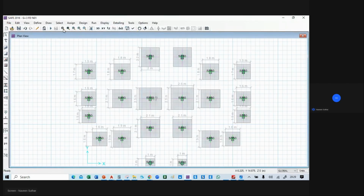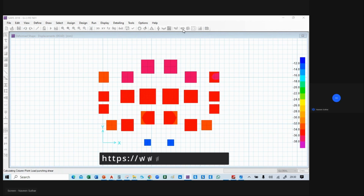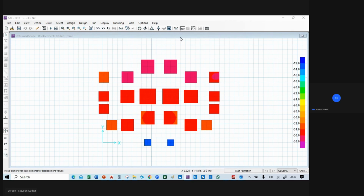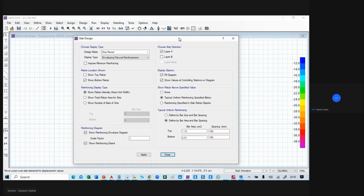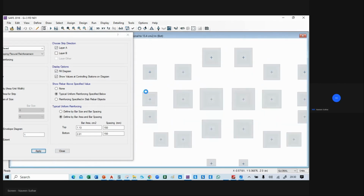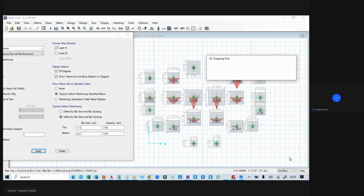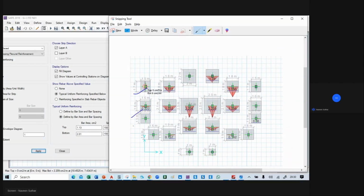Let's run this and see the reinforcement in X direction. I think in Y direction we are sorted. Apply. Okay, so you can see for these foundations, 1 2 3 4 5 6. Okay, so let's take a new one and select this. Okay, so for this one we are providing